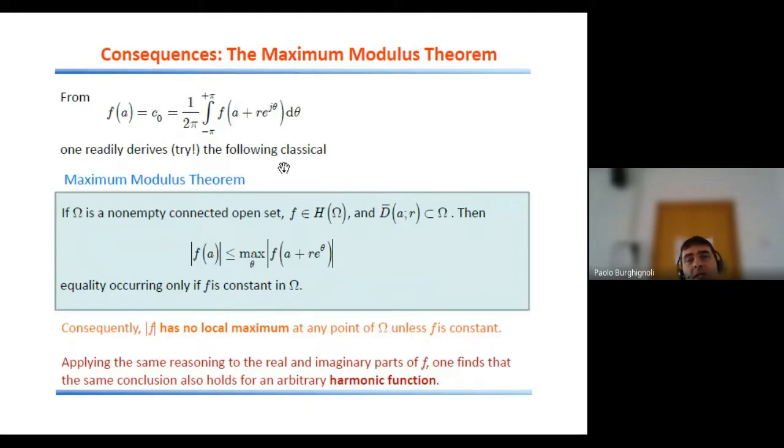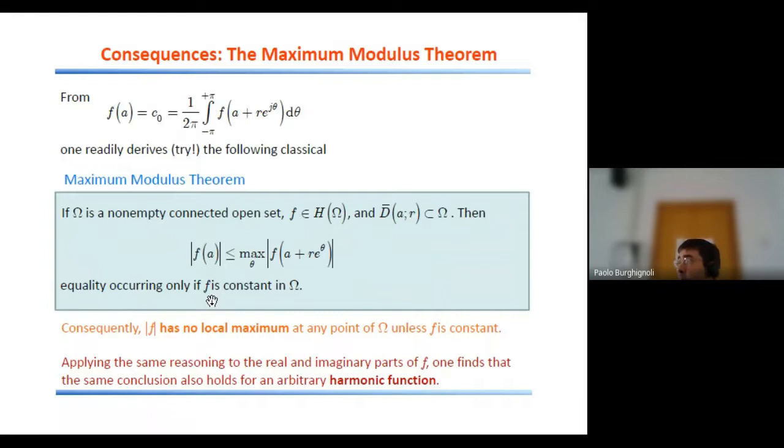theorem, which says that if omega is a non-empty connected open set where the function f is analytic, and if the closed disk D with center A and radius R is contained in omega, then the absolute value of the function f evaluated at the center of the disk is never larger than the maximum among the absolute values that the function takes along the circle. Furthermore, the equality between the two can only occur if the function f is a constant